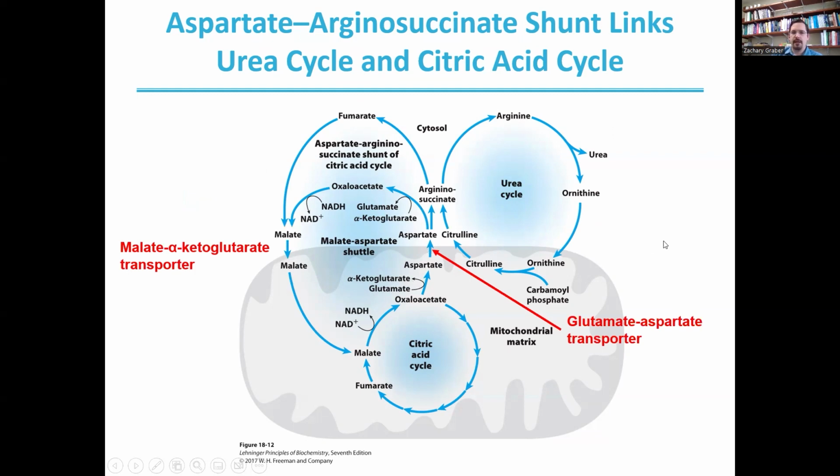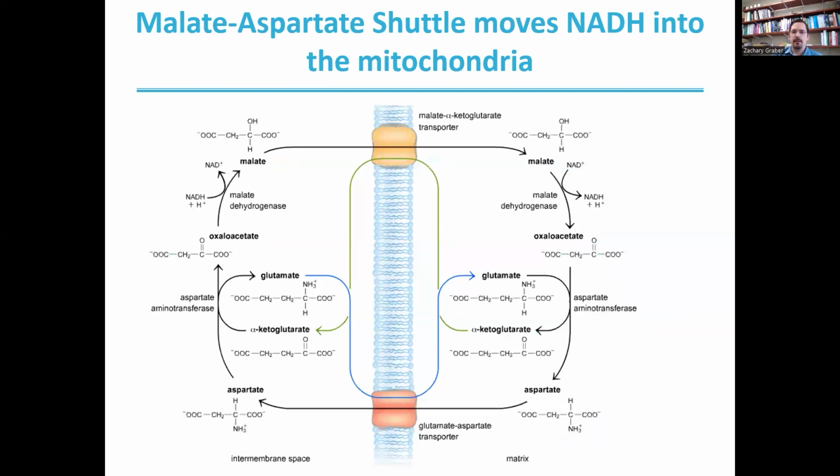So when we combine these together, we get our malate aspartate shuttle, where we effectively consume NADH on the cytosolic or intermembrane space side and produce NADH on the mitochondrial matrix side,